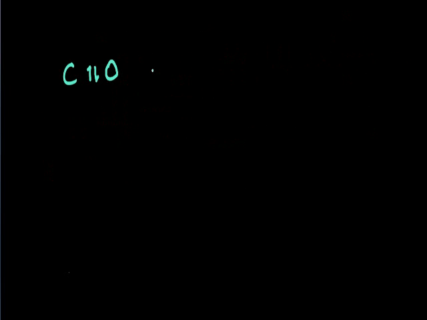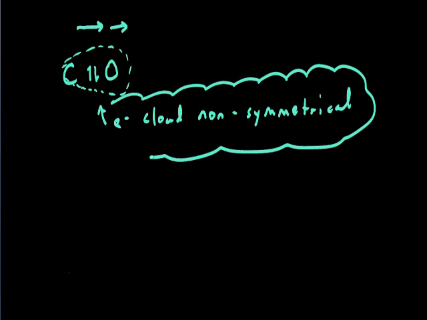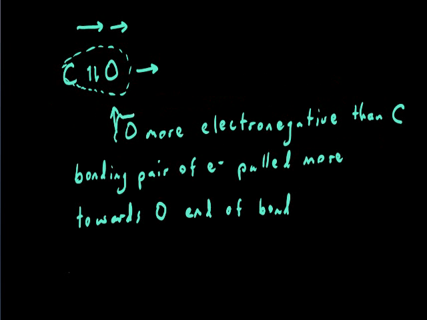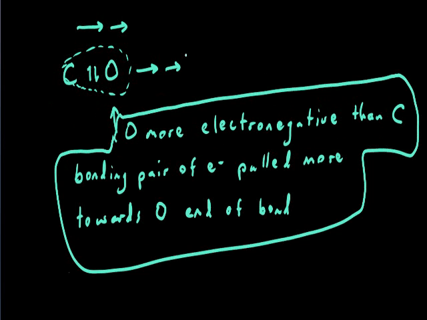On the other hand, if we take elements of dissimilar electronegativity such as carbon and oxygen, sharing of electrons becomes unequal. The more electronegative oxygen atom draws the electron cloud more towards its end. Because the electrons are no longer evenly distributed, the electron cloud becomes non-symmetrical, with more electron density towards the oxygen end and less electron density towards the carbon end of the bond. With oxygen being more electronegative than carbon, the oxygen pulls the electrons more towards the oxygen end, making a non-symmetrical electron cloud,